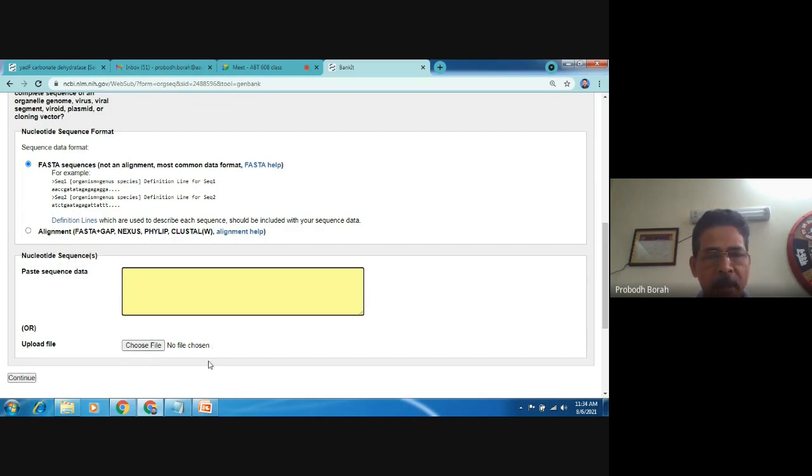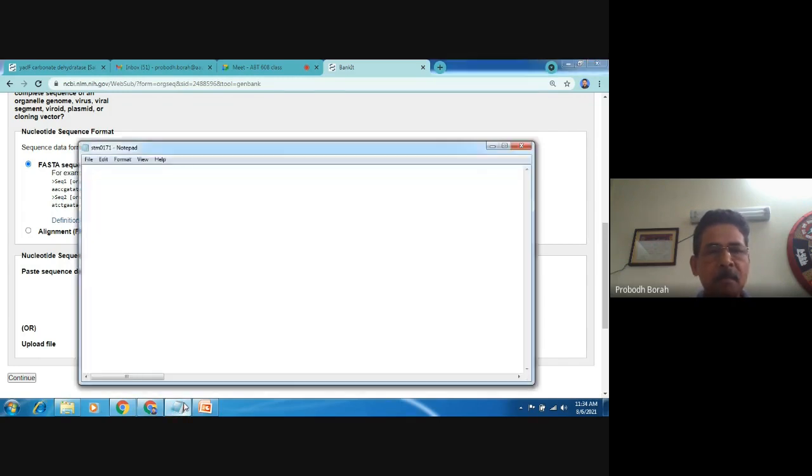So already I have got a file on the desktop. This is the file pertaining to the STM0171 gene of Salmonella typhimurium. And as we already know by BLAST, this is pertaining to an enzyme called carbonate dehydratase, as I showed you in the last class. And the gene name is yadF gene. So this information we already obtained by doing a BLAST of the sequence.